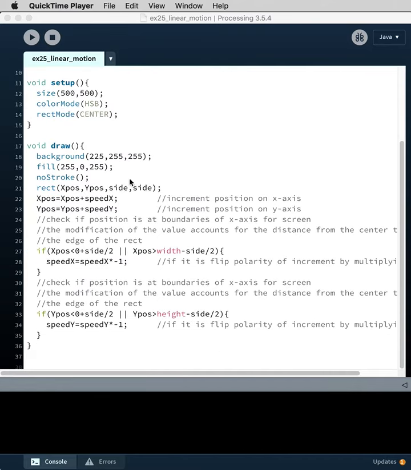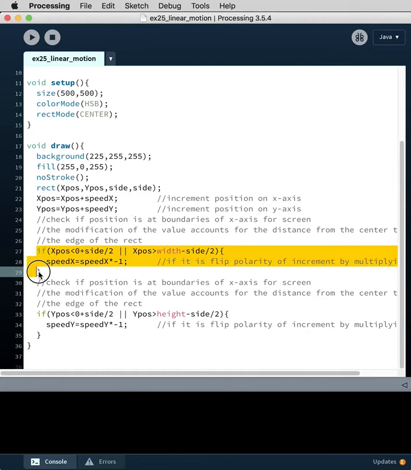So if we look down through the code, we can see we're drawing a rectangle, X position, Y position, side, side. We're iterating up the location of the rectangle by adding speed X and speed Y. And then we have two conditionals here. The first one is checking the X position